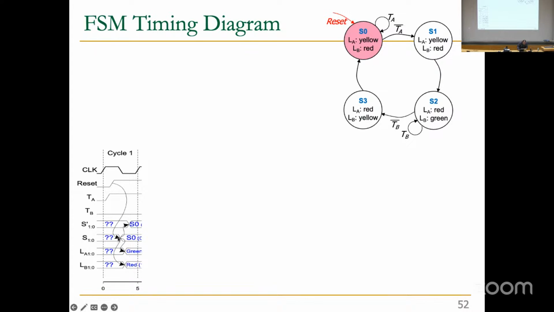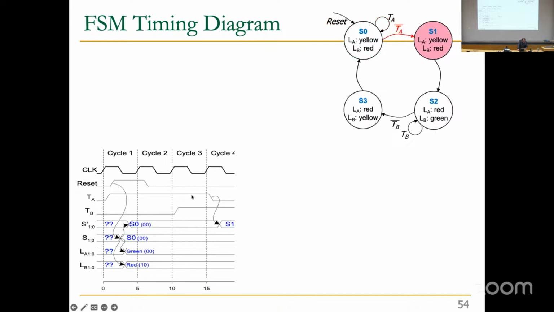So this one is first. After some delay, we get to this, and also some delay to green and red. So you can actually also continue that. Let me see. Yeah, at this stage you pull down the traffic A, this happened in this, exactly. So yeah, here you don't have traffic A anymore.